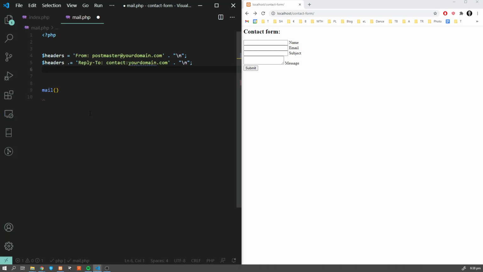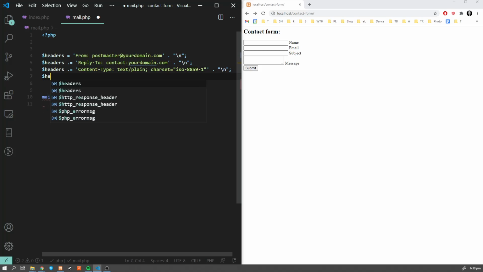Now, what we need as well is content type and charset. You could technically skip it, but this may cause some issue with encoding, so you can play with it on your own and see whether it's working fine for you.